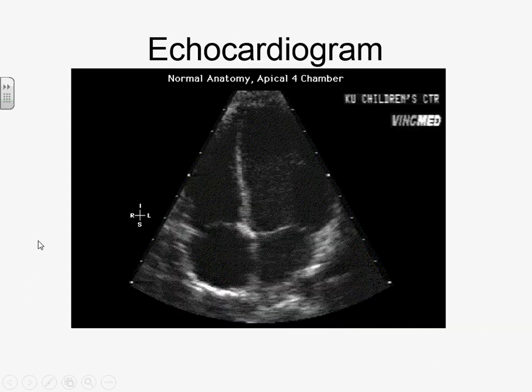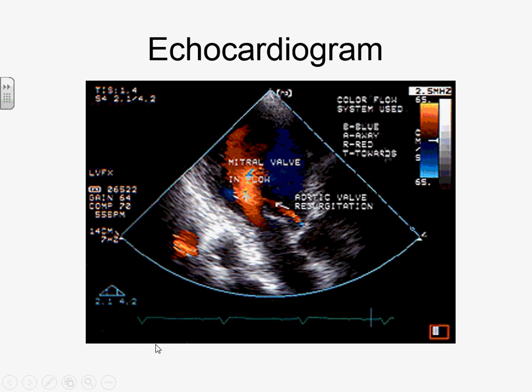You can use an echocardiogram, which is ultrasound, effectively. And you can see which way up is the heart on that. It's upside down, isn't it? Yeah, you can see the atria down at the bottom, the ventricles are at the top, and the valves, the atrioventricular valves, are in between there. But it's not a very detailed one. But you can also use a type of echocardiogram that is real time.